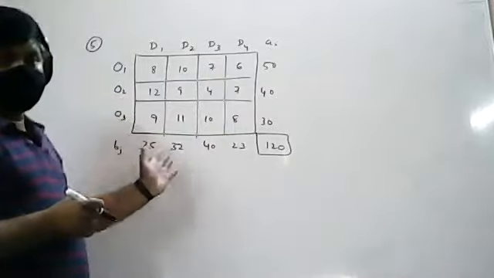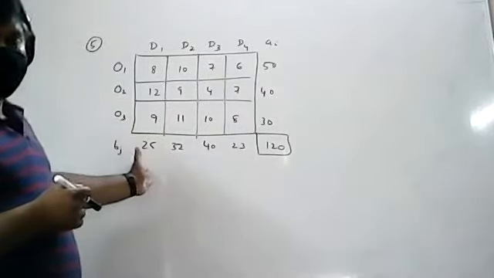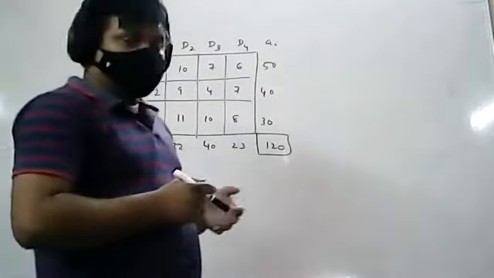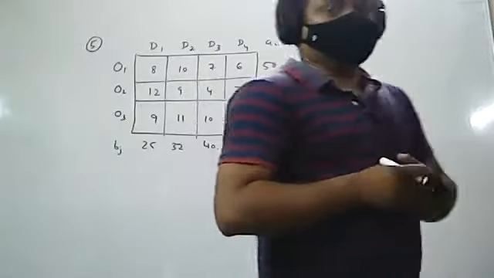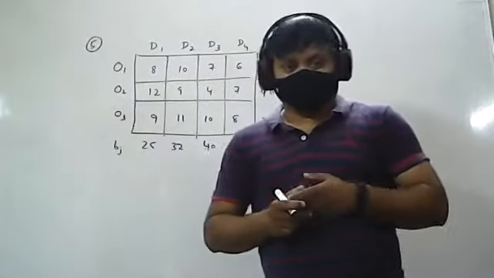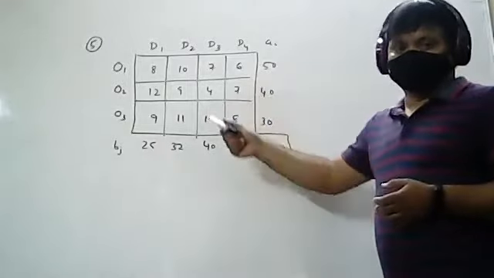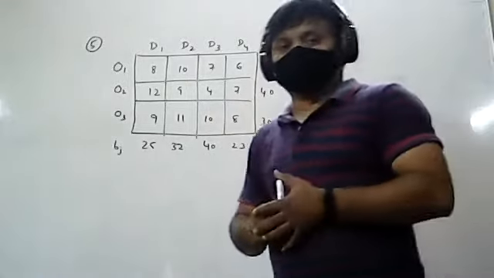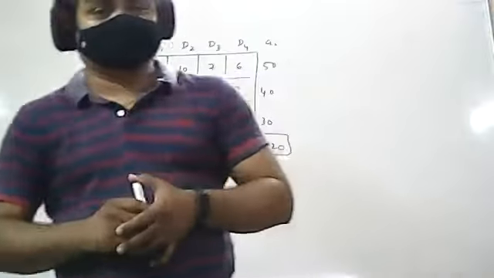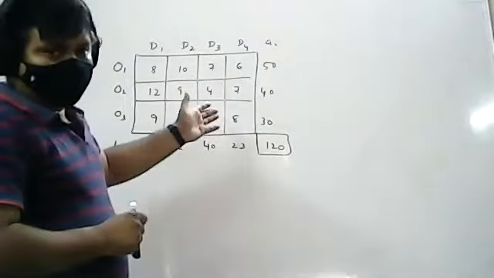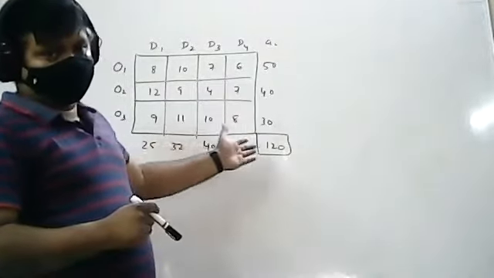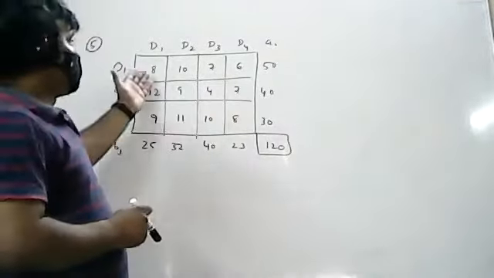So this is the problem. This is problem number 5 we have taken. But the Modi method, you know the steps. What is step number 1? Step number 1 is nothing but you have to identify the initial basic feasible solution to this particular problem, by using any one of the 3 methods. I will use the VAM method because the VAM method is closer to your optimum solution. So first I will apply the VAM method.